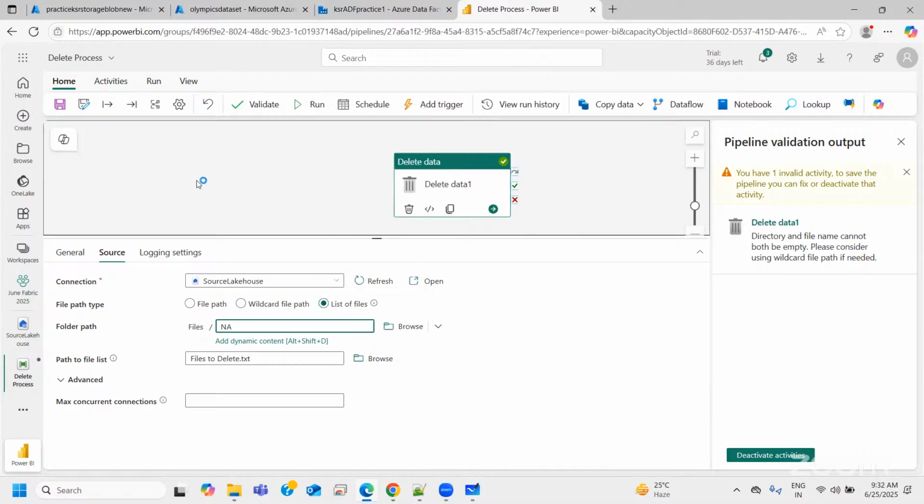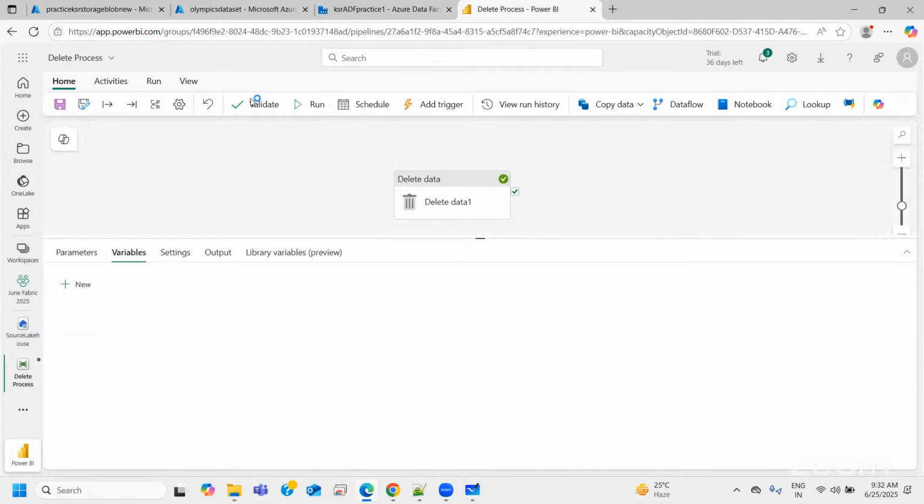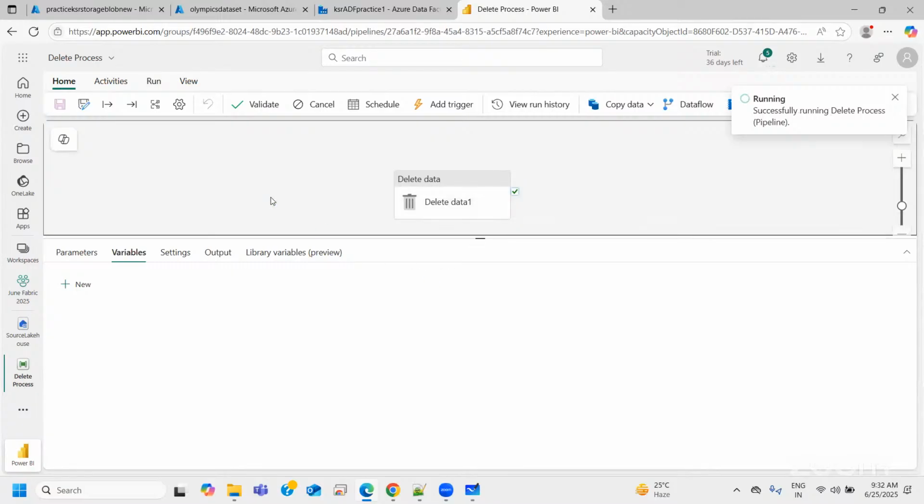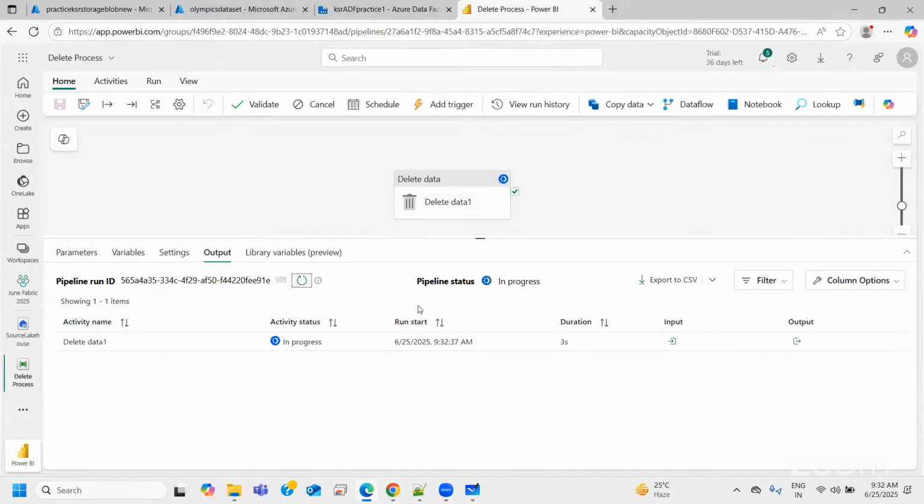Let's suppose I mentioned some random value to it. And I'll run this. See, this should fail because there is no NA folder and there is no that specific file. Succeeded still. But if you go back,